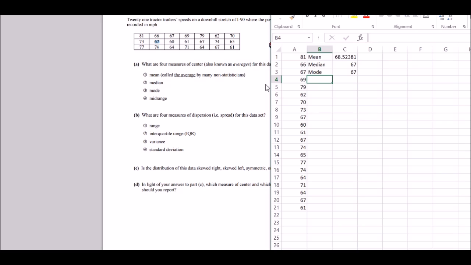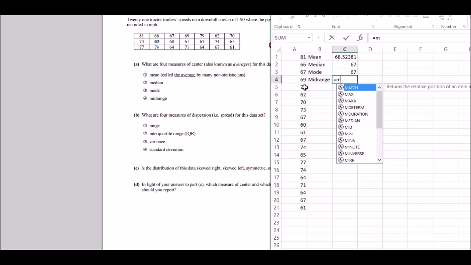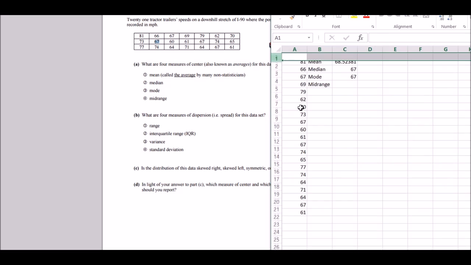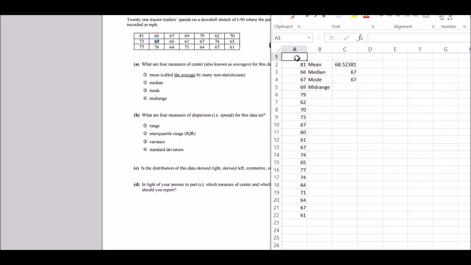All right, and mid-range. Ooh, let's see. It's not a typical one, but let's see if they have their mid-range. No, let's see. No, it's not displaying mid-range. So we can calculate that by just simply going like this, right? We can highlight this data, and we can do a data sort. So we can highlight the data. Let's do an insert. And I'm just basically going through, as if you're sitting there trying yourself. That's why I just started with the data and just showing you the different various things you can do in